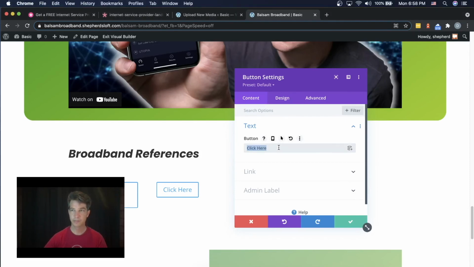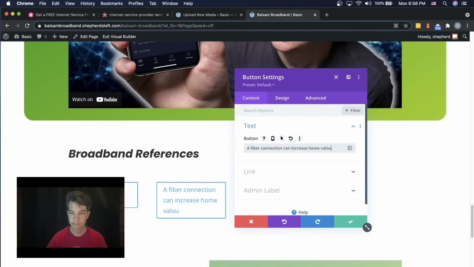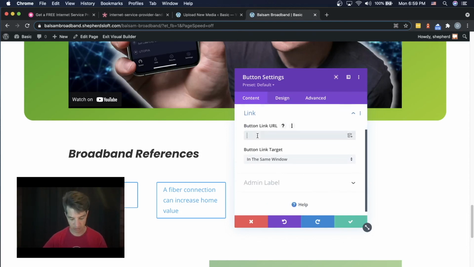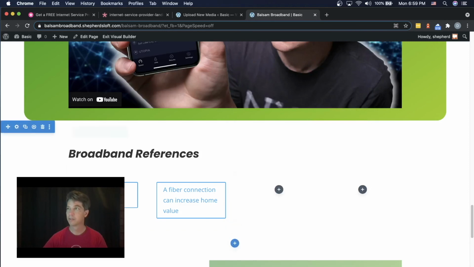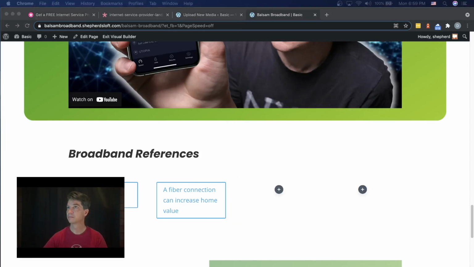Okay, so our next reference website, it's about fiber. And the title is a fiber connection can increase home value. And then we will go to link, and under the button link URL we'll paste that in, and our button link target we'll change that to new tab and save. Alright, so our next one here